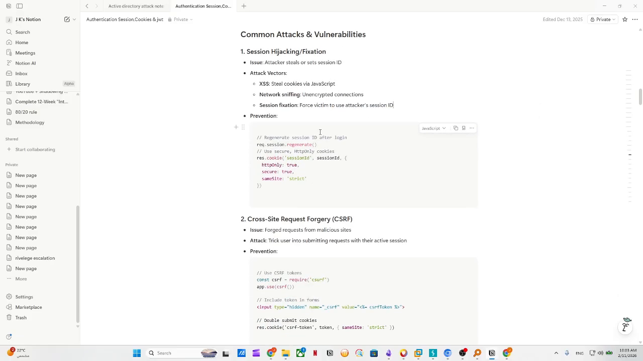To prevent it, regenerate the session ID after login. After every login, the session ID has to be regenerated using this command: request session regenerate. And use secure, HTTP only cookies. HTTP only. Make sure that secure, make sure that